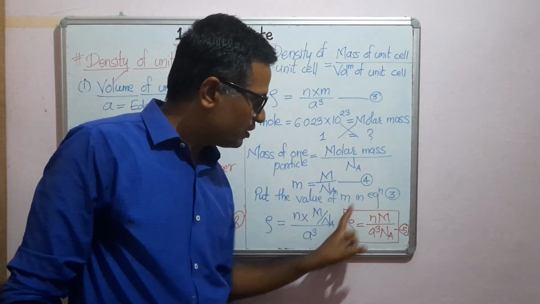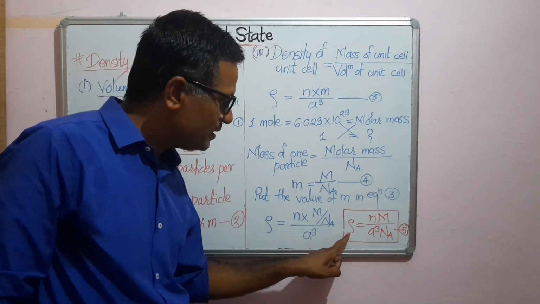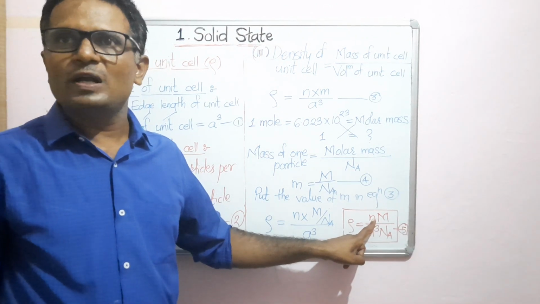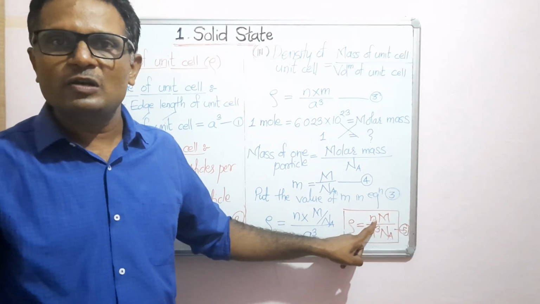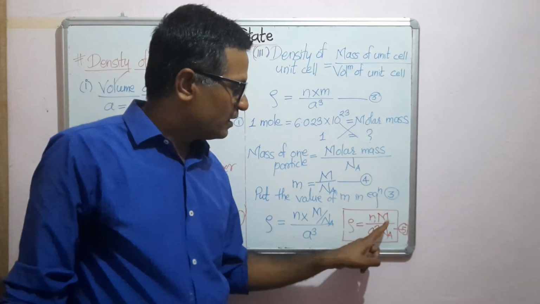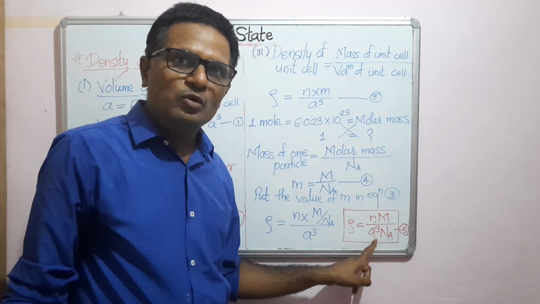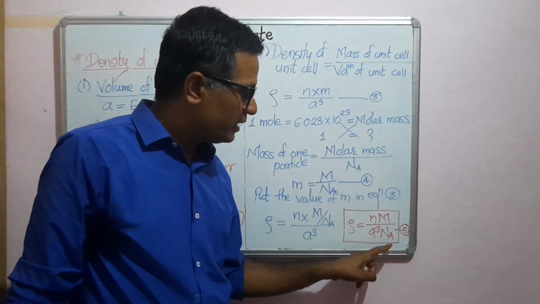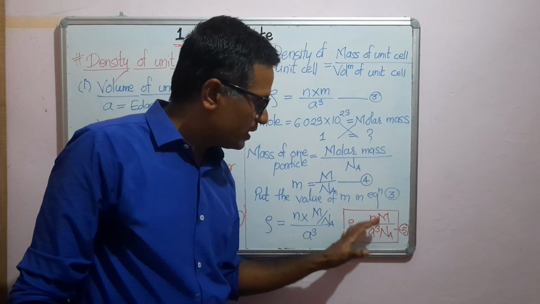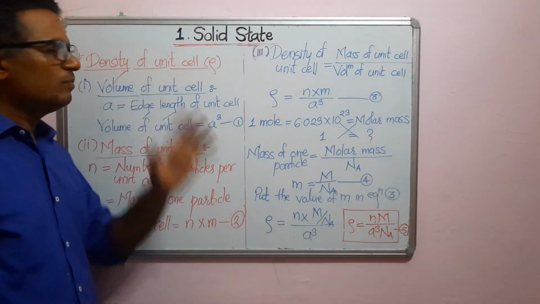With the help of this equation, you can find out different things. For example, you can find the density. You can also find out what kind of unit cell is there. If the value of N in the problem is 4, that means your cell is FCC. You can also find the molar mass, the volume, the edge length, or the Avogadro number. This is a very important equation to solve problems. So this is about the density of the unit cell.